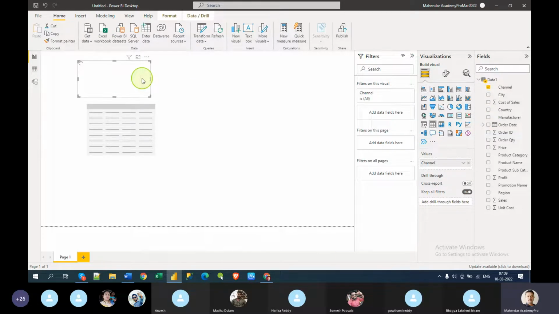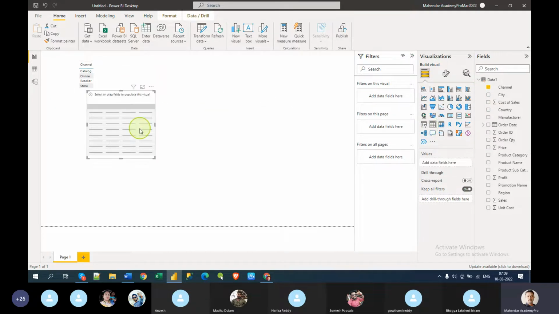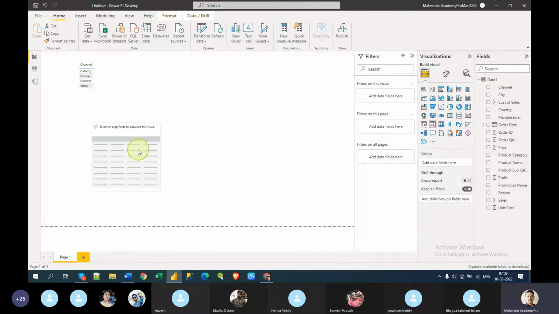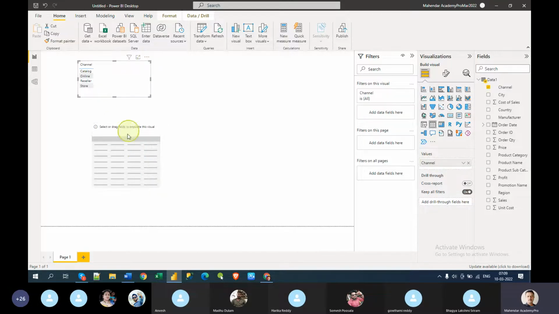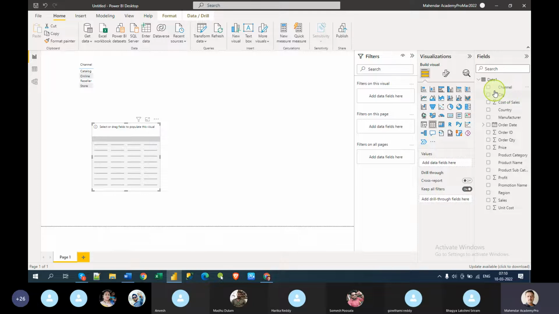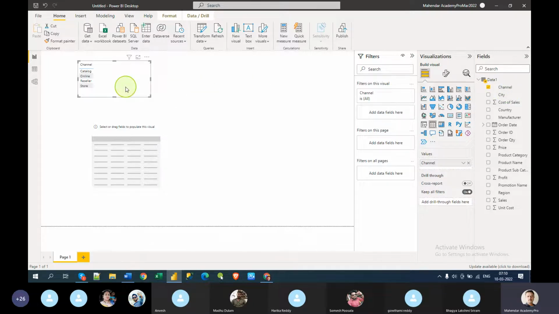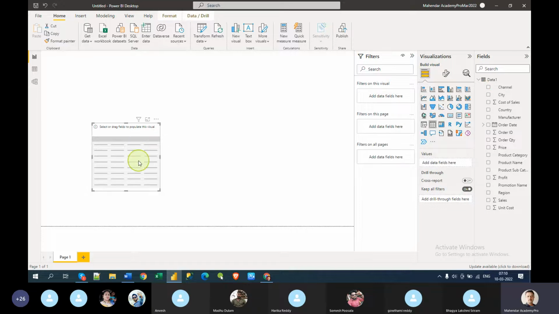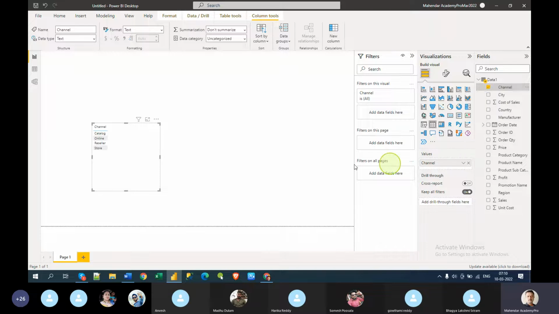See, by default it's going to create another visual, and it has chosen the table. Why is it not showing here? Because I have not selected it. So now let me select here, and now it's gone. Why? Because this is a separate visual. So let me remove this and select this shade, and then select this, so it will come like this. And then the sales.